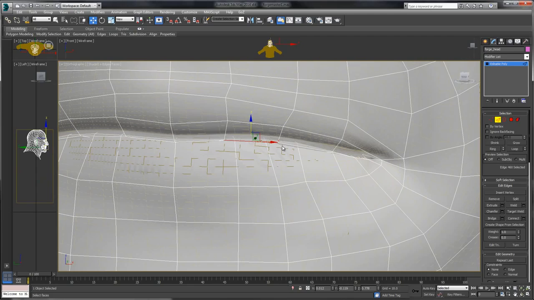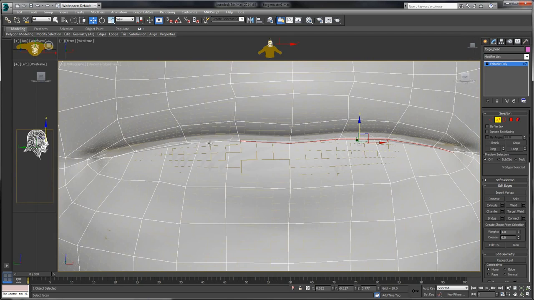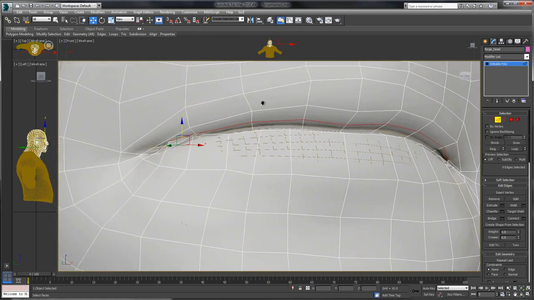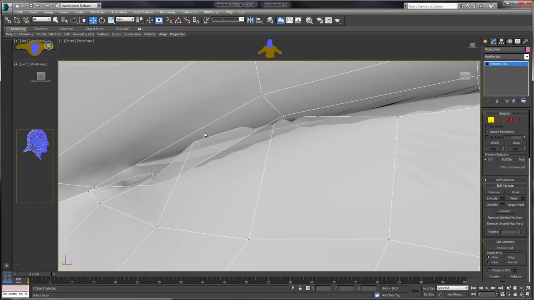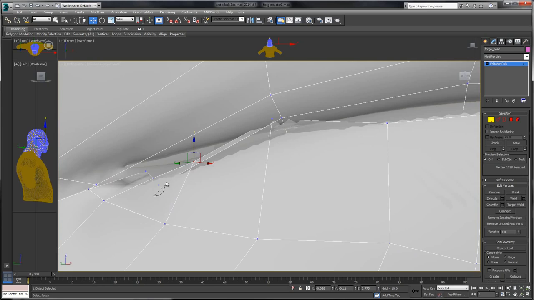Let's go ahead and select these edges, and then we'll raise these up. So that should prevent the lips from intersecting with each other a little bit better. See if we can figure out this jumble over there. It's a problem with the push modifier, as it does everything. Sometimes we don't want it to do absolutely everything, but